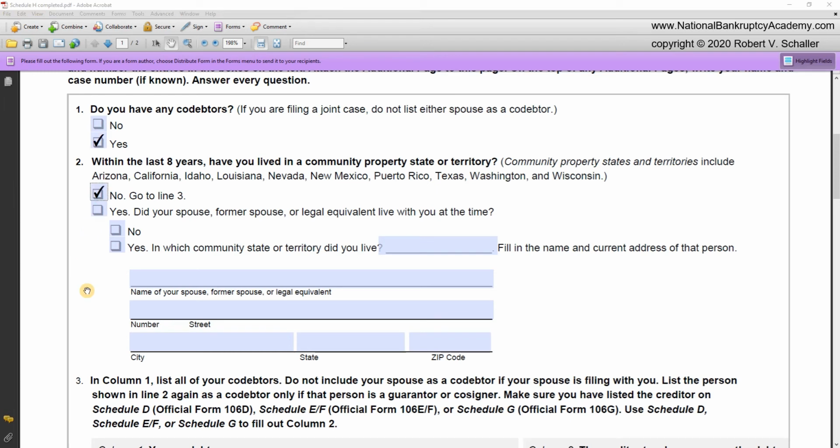However, if you lived in a community property state or territory, then I would uncheck the no box and instead check the yes box, which then asks the question, did your spouse, former spouse, or legal equivalent live with you at the time? If the answer is no, check the no box. But if the answer is yes, check the yes box, and then continue on. The question is, in which